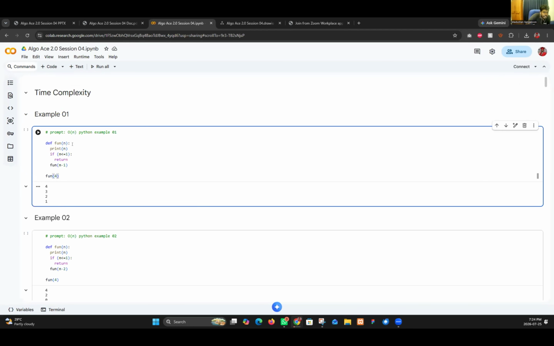You will see this is a function. I'm not going to talk about the basic stuff. So let's run this function. We can type 7.